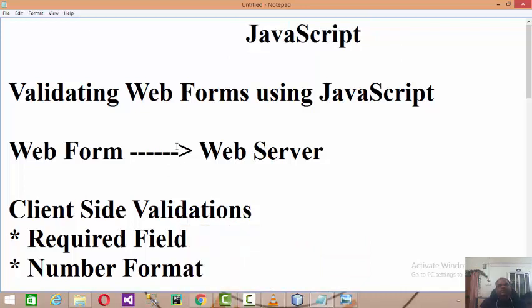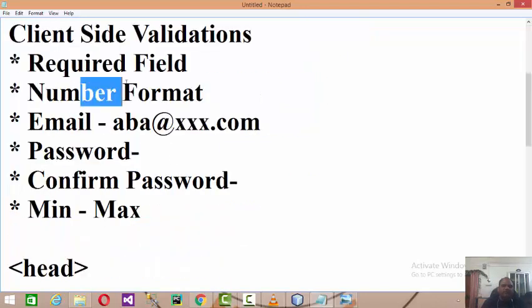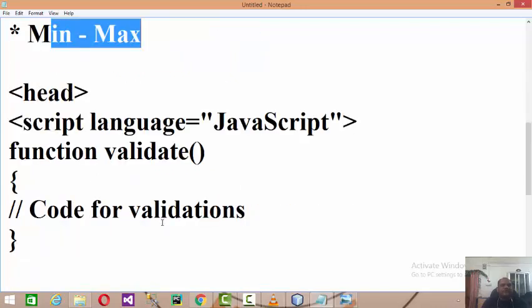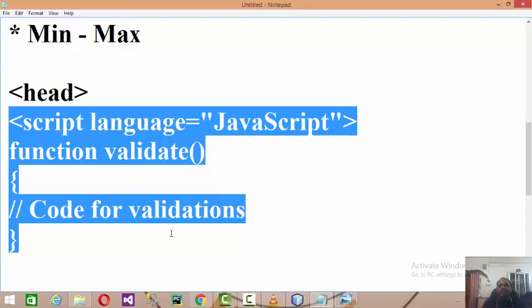Only correct, appropriate data needs to be posted to the server, and for that reason I will check the blankness, number format, email address, passwords, and minimum maximum range. To do that, I need to embed JavaScript logic.